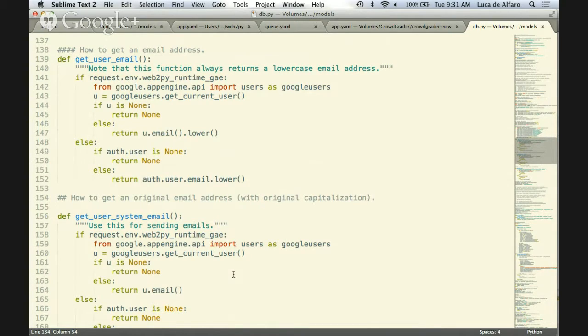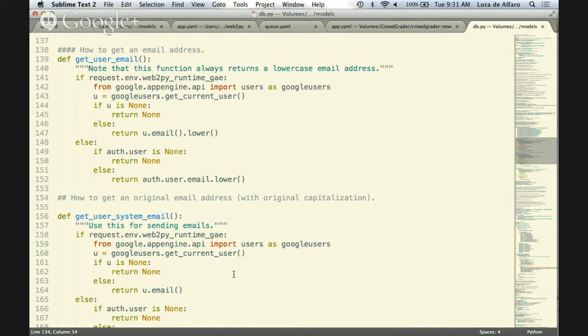Other obvious things you can do in db.py is this. I always define something like this. If the Google account email is, say, look@ucc.edu, I have a function called isUserAdmin. This returns a Boolean that tells me whether the user is a super user of the site, yes or no. And if the user is a super user, I may have the site behave in a different way. For example, I may let you see stuff that normal users cannot see.